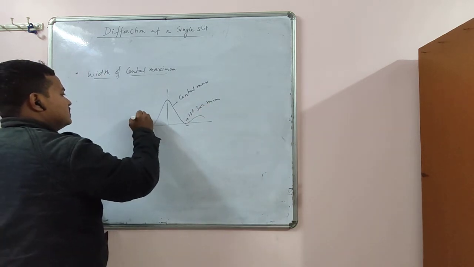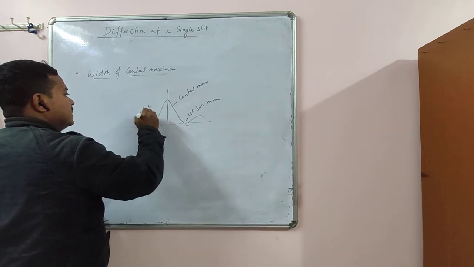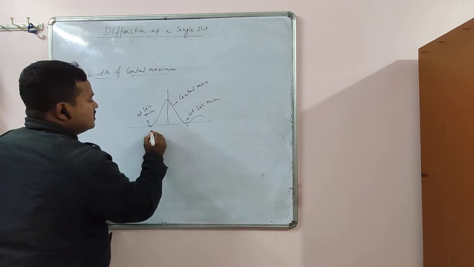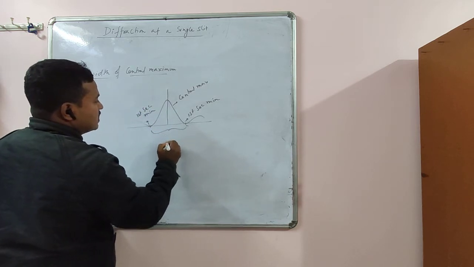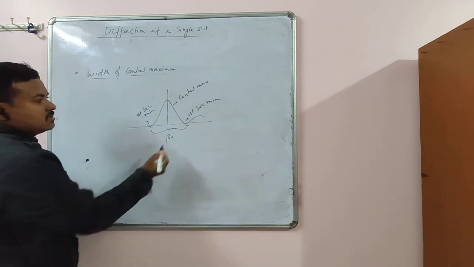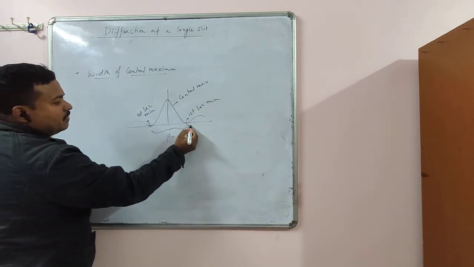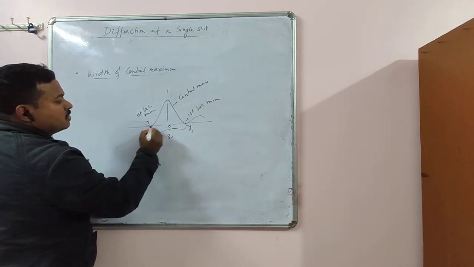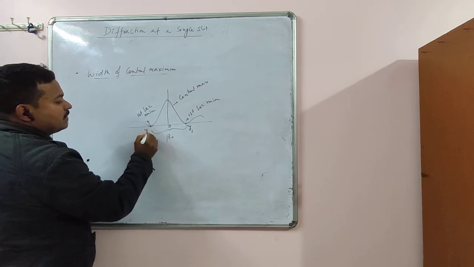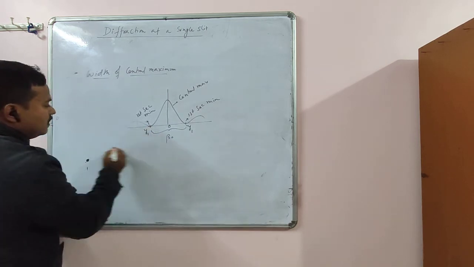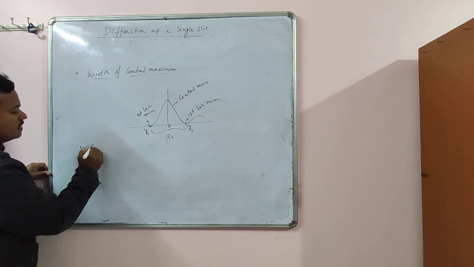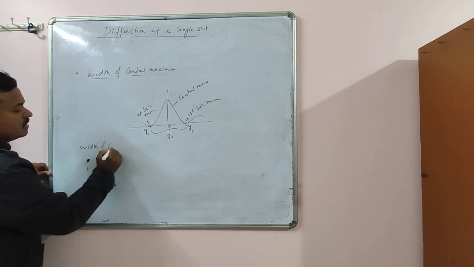This is also the first secondary minima. So this is the width of the central maxima, suppose beta naught. This is the position of the first minimum on the right side, and this is also the position of the first minimum on the left side. So the width of the central maxima